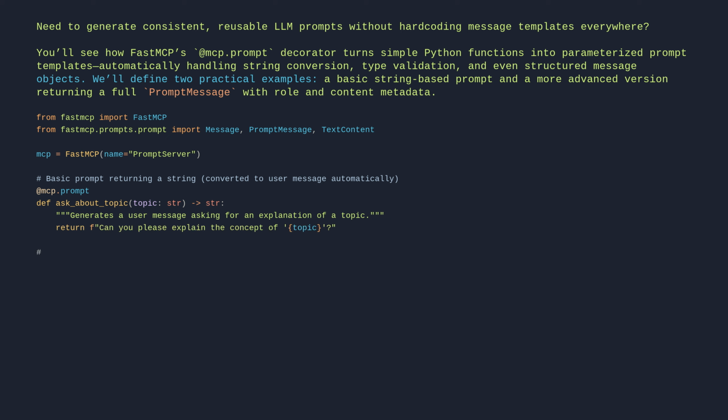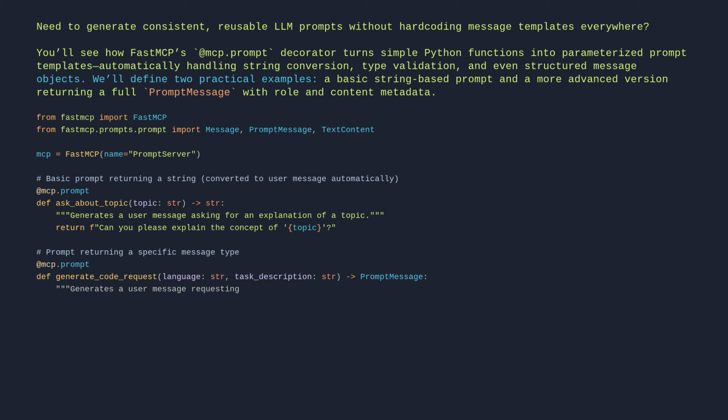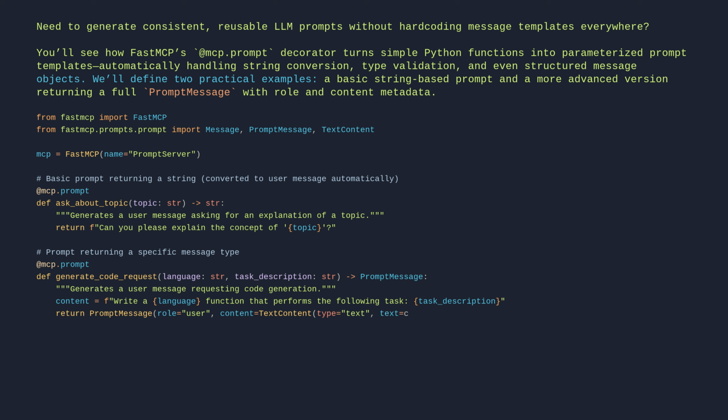# Prompt returning a specific message type. @mcp.prompt def generate_code_request(language: str, task_description: str) -> PromptMessage: """Generates a user message requesting code generation.""" content = f"Write a {language} function that performs the following task: {task_description}" return PromptMessage(role="user", content=TextContent(type="text", text=content))